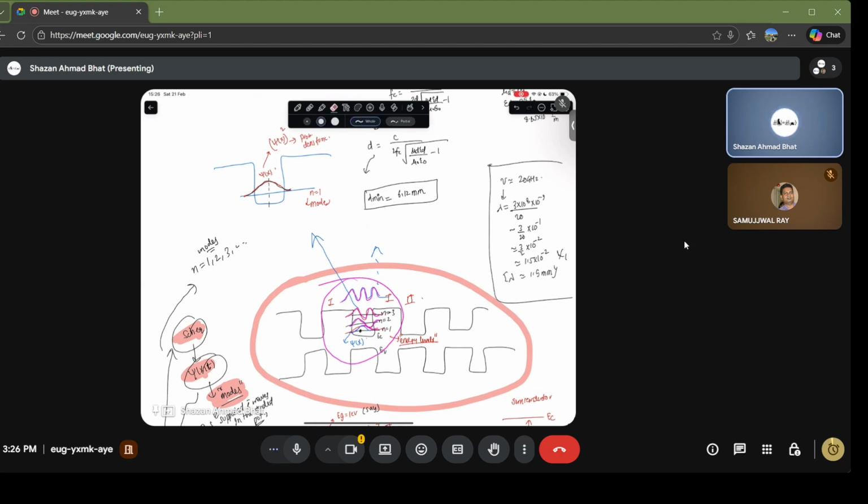But if you go to, let's say, n equals 2, and your probability distribution looks like this, that means there is a maximum probability that you can find the electron here, or it will be here, or not here. It will be either here or here. That is basically showing you where the probability of finding the electron is maximum,